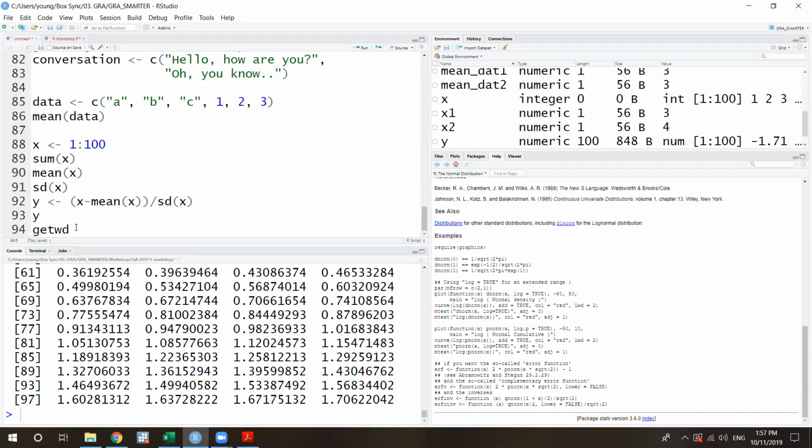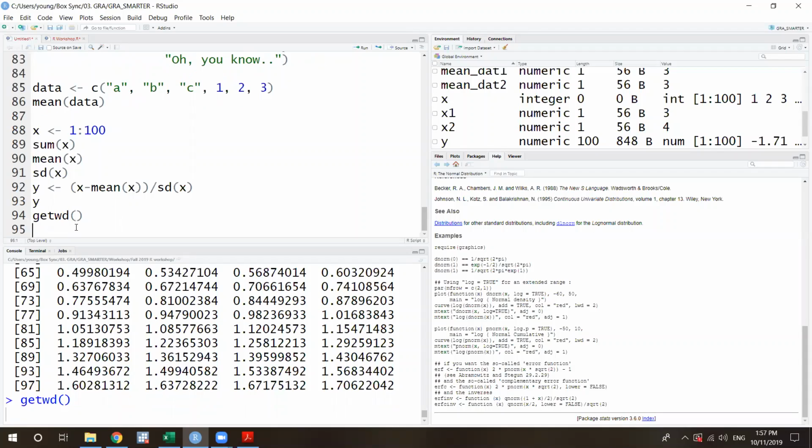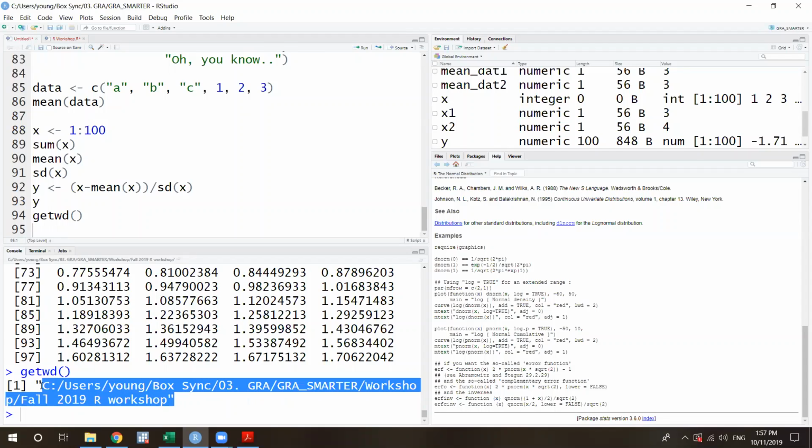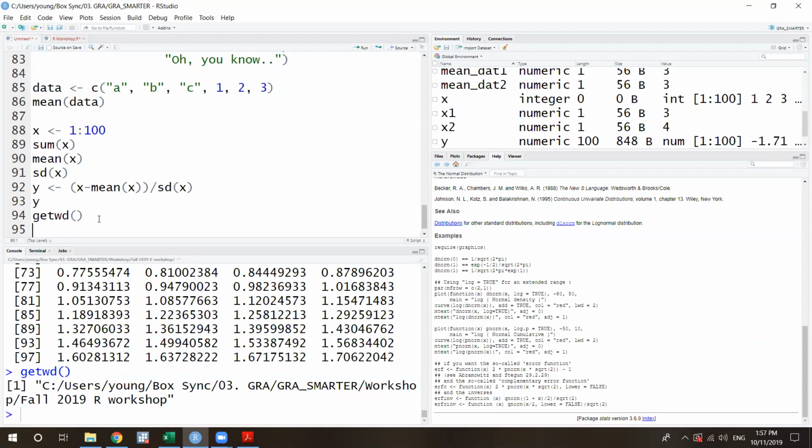The working directory is the folder where you put the data that you want to use in R. So try to write getwd(). Then it would give you the folder that you're using with your RStudio right now. If your depression file is not in that folder, you have to switch the working directory.